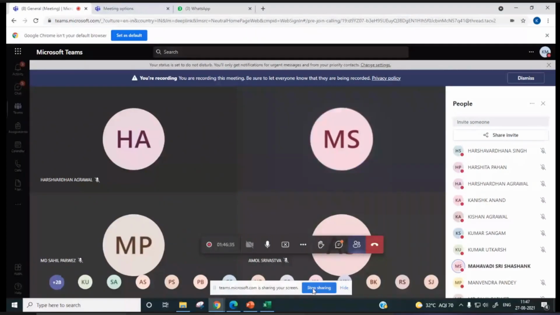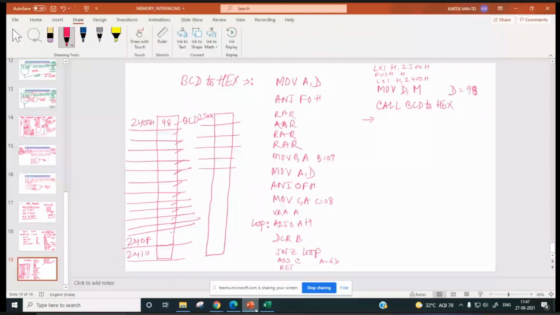Okay. Anyway, so in fact, this push instruction is used for pushing the register pair onto the stack. So whatever will be in the register pair will be saved onto the stack. So we will discuss in detail how the stack pointer is decremented, incremented while pushing and popping.